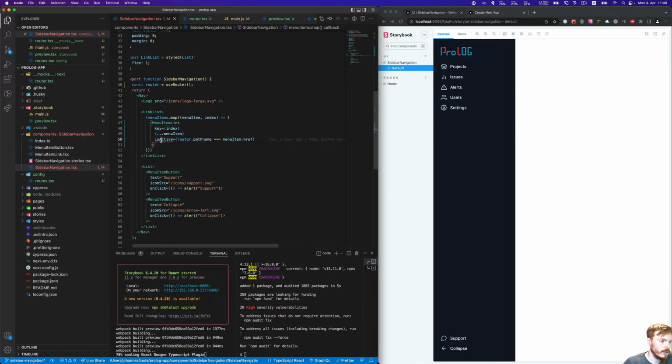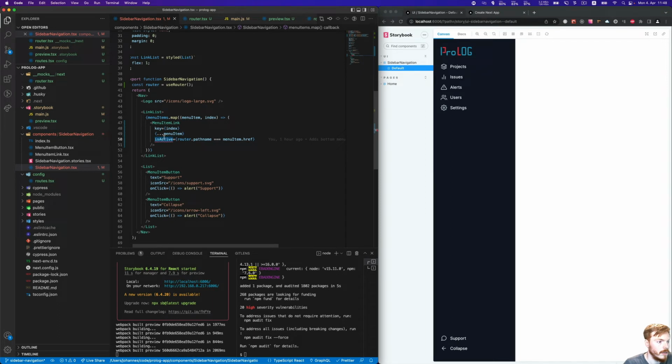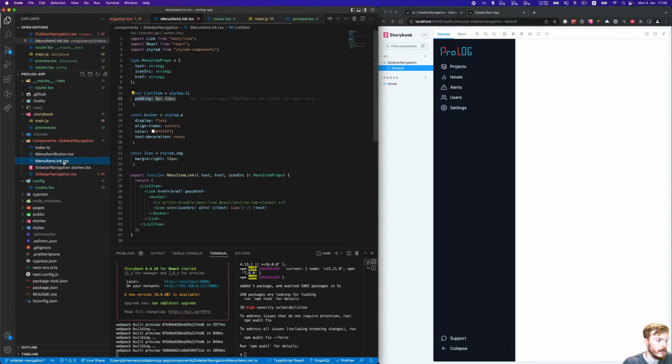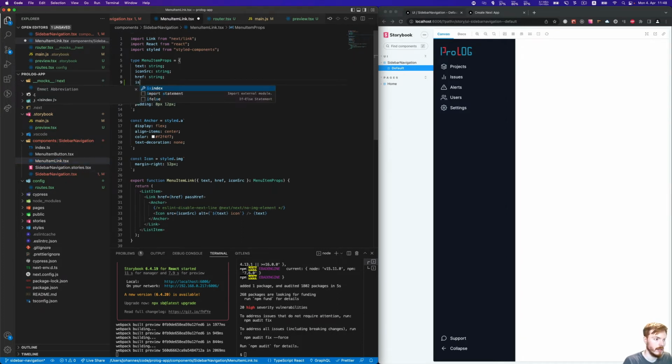Could alternatively let the menu item link take care of this, but it doesn't really matter, I guess. So the menu item link is active, boolean, and